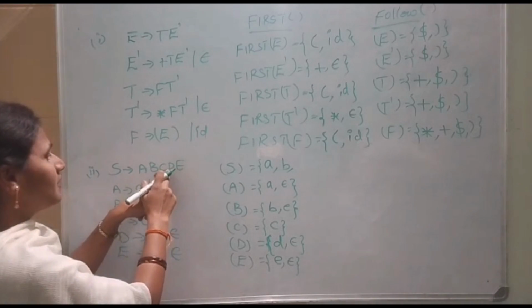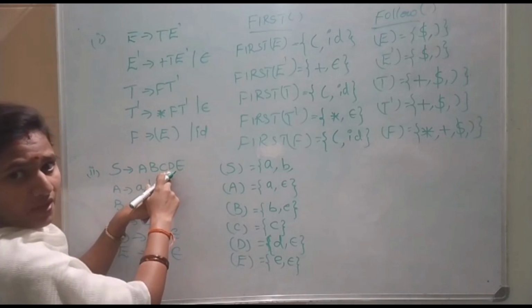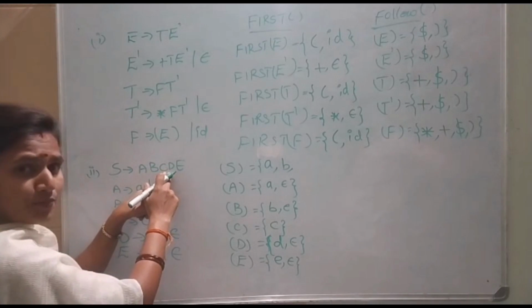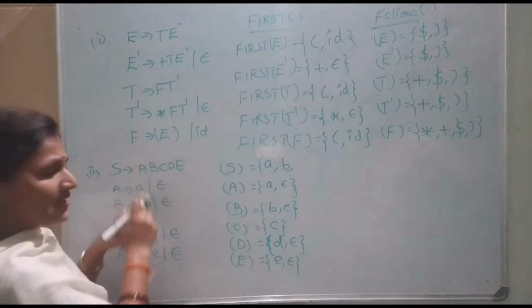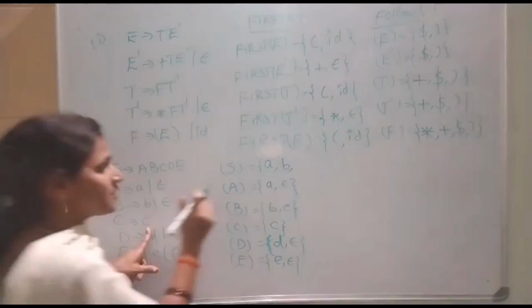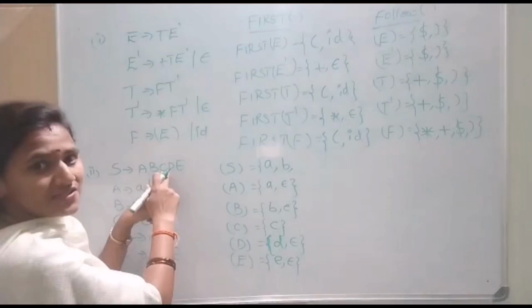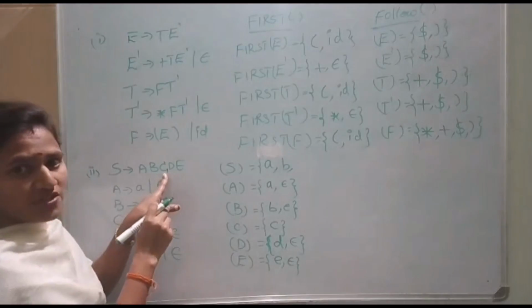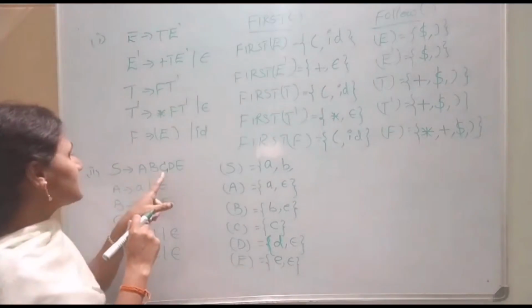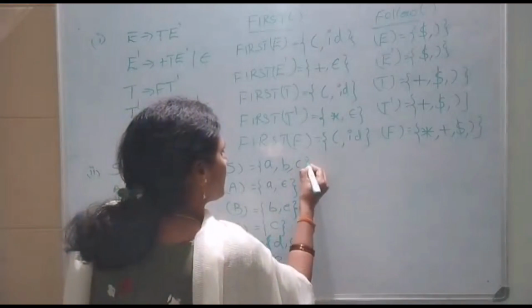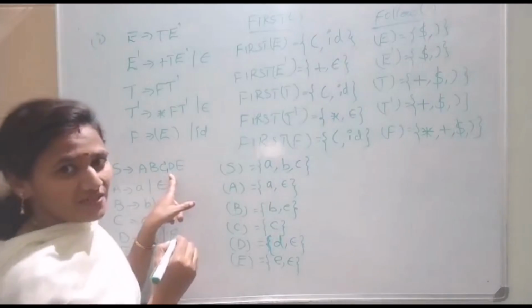Now here C is a non-terminal. So if you want to get the terminal at the RHS for this particular production, you are going to replace C by its corresponding production, that is small c. When I replace this capital C by small c, the RHS starts with a terminal, right? So small c is also one of the terminals for first of S.